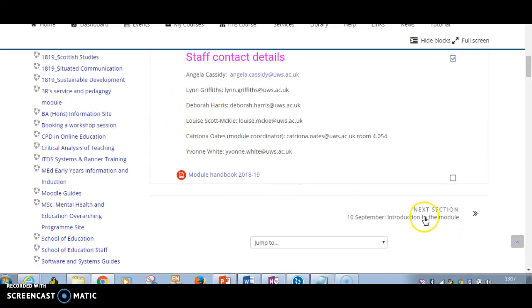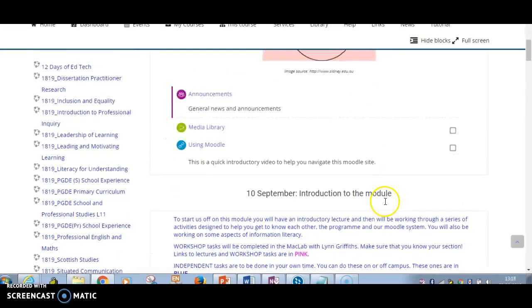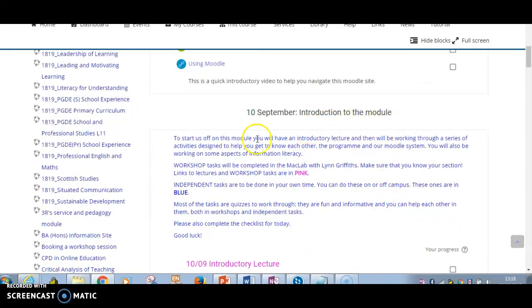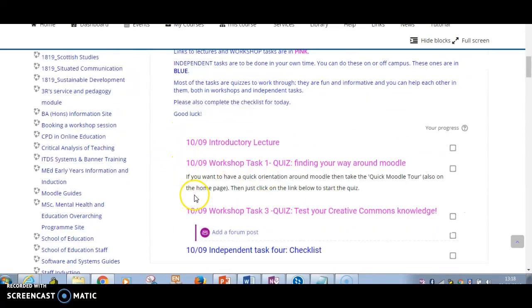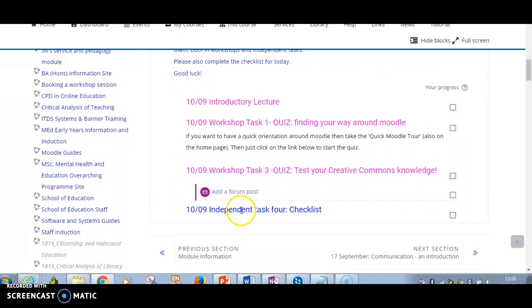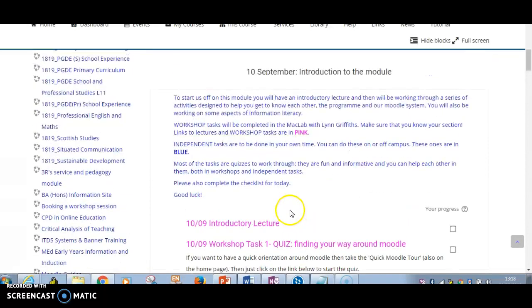If we move on to the next section, which is the next day we're going to meet, you can see that we've got an introduction to the work we're going to be doing here. You have the content for today, for Monday the 10th of September. In this link here, you'll get a link to the lecture after it's happened. Here is where you'll find the workshop tasks, and to keep you right for today, just a little checklist about all the work that you've done. So if we go back to the home page,